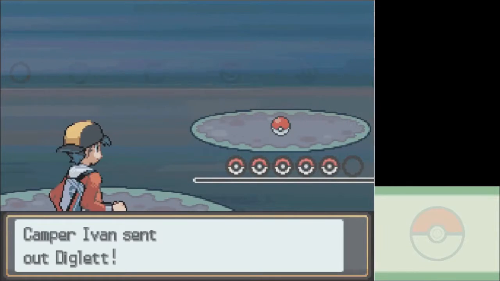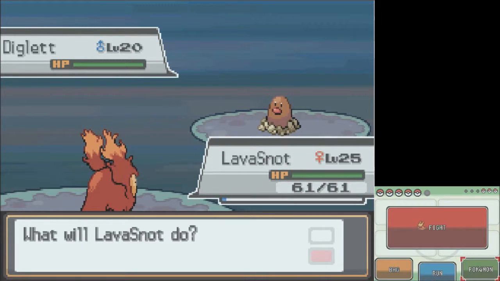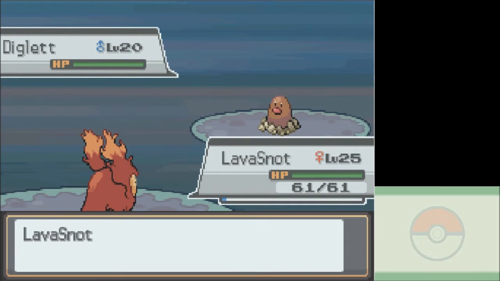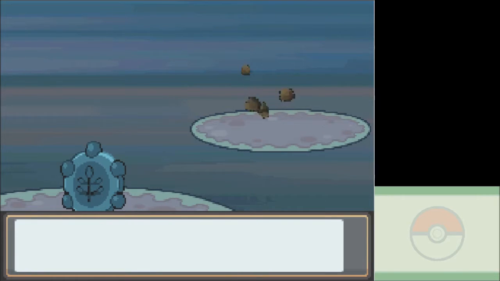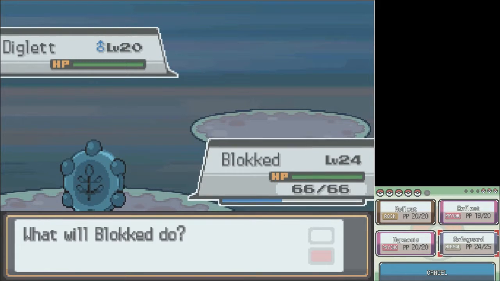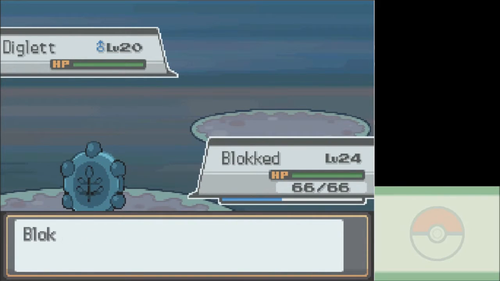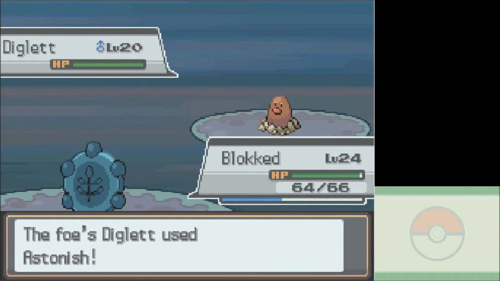Oh, what am I doing? I just remembered I'm supposed to be trying to sneak by as many of these guys as possible. And oh god, this thing has Arena Trap, doesn't it? Yeah, this thing has Arena... Oh, no it doesn't, it has Sand Veil. Denied! So, we're just gonna...